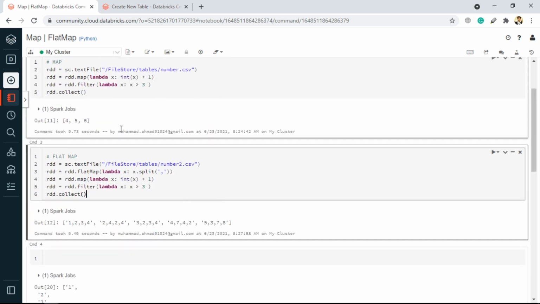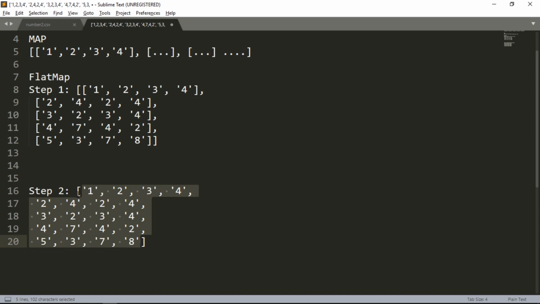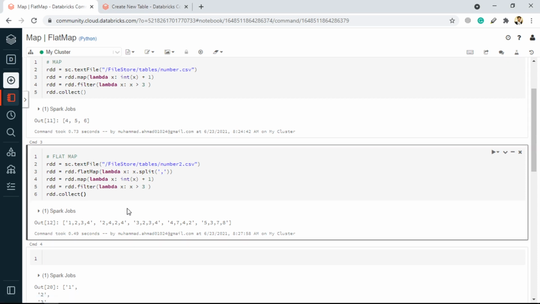Now that's the actual difference between mapping and flat mapping, and this is the topic that most beginners who are learning Spark stumble upon: what's the difference between mapping and flat mapping. Mapping is just like taking an element and mapping it to a particular element, and flatMap is a two-step mapping. Initially, it will take that element and map it to the other element, just like it does with mapping. But after that, it will flatten out the complete data. So based on your scenario, you have to decide whether to go for map or flatMap. But this is the basic understanding. This is the foundation of map and flatMap.